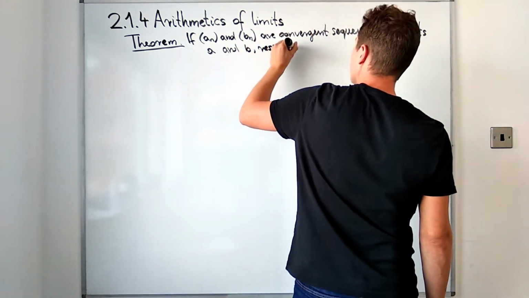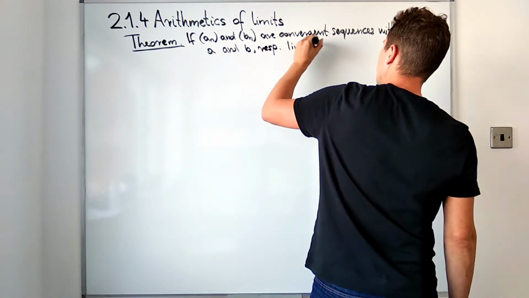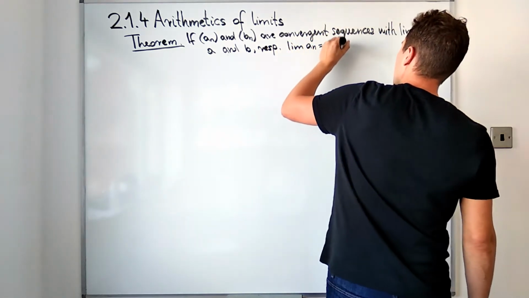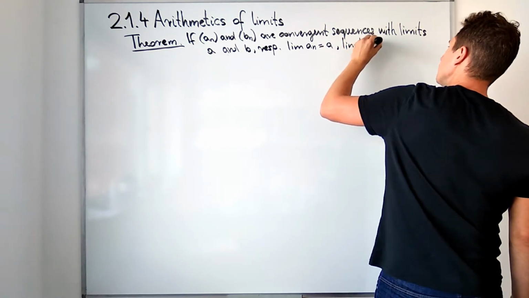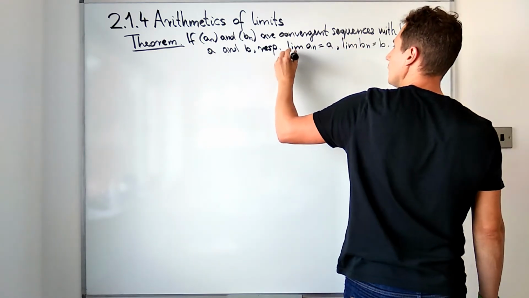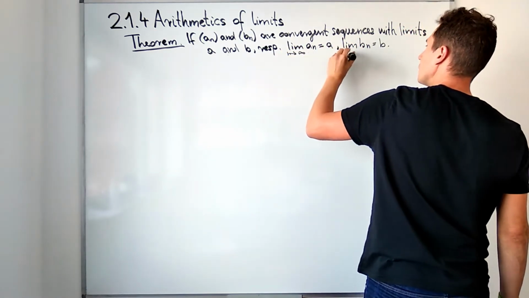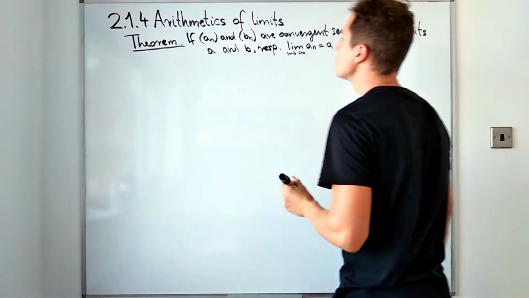So what I mean by that is an converges to a and bn converges to b as n tends to infinity. So if that happens, we have two convergent sequences, then